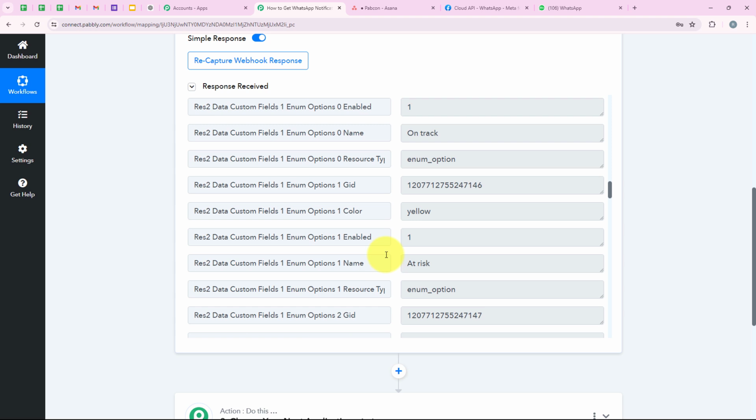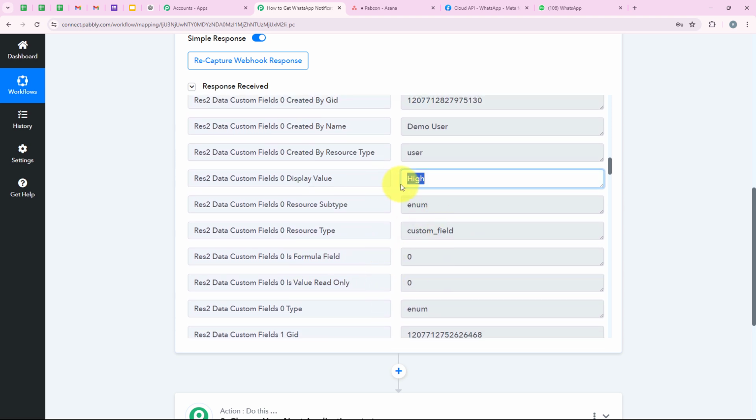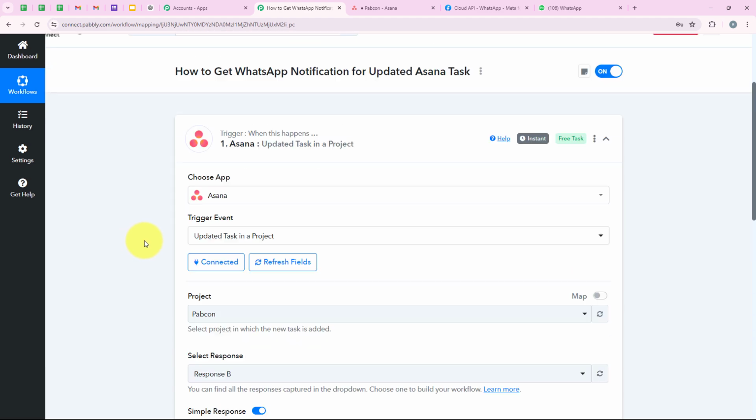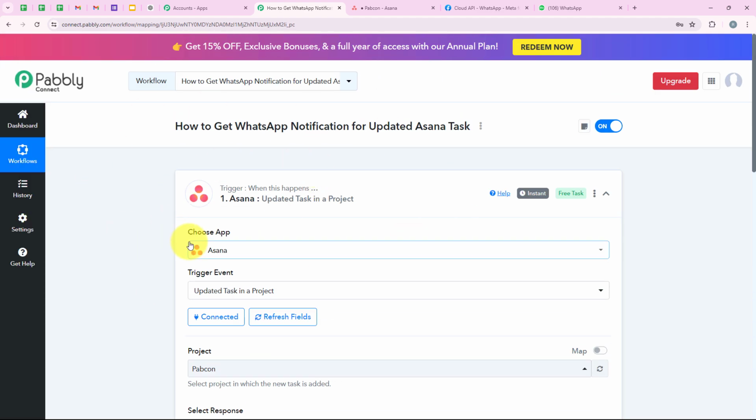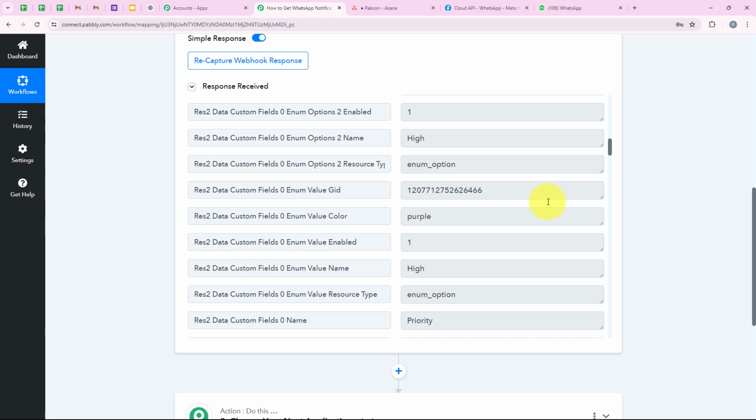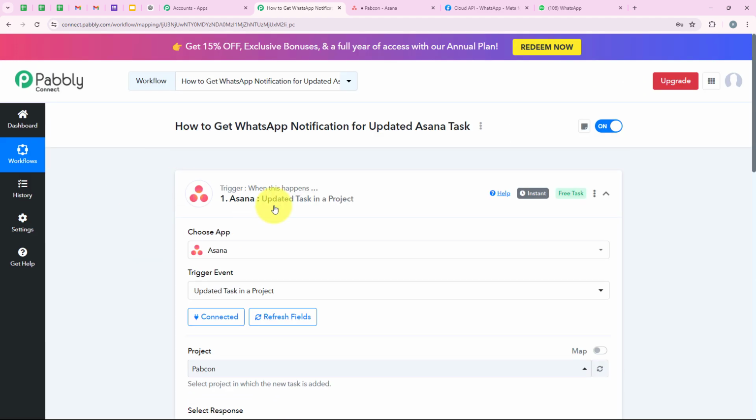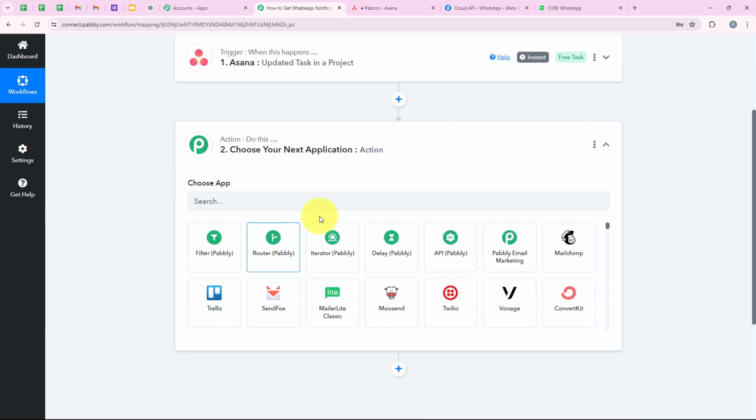So I'm going to look for it, and as you can see that high, yes, this is our priority. So yes, with this we have successfully completed our trigger step, and we have successfully did the test submission and received the details of the same. So now we are going to move on to our action step, and we are going to send a WhatsApp